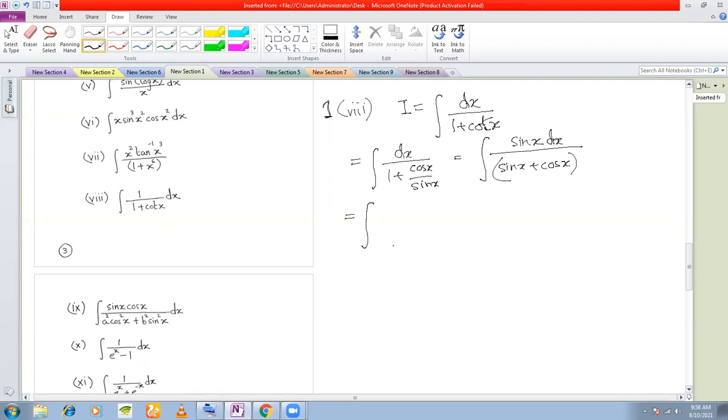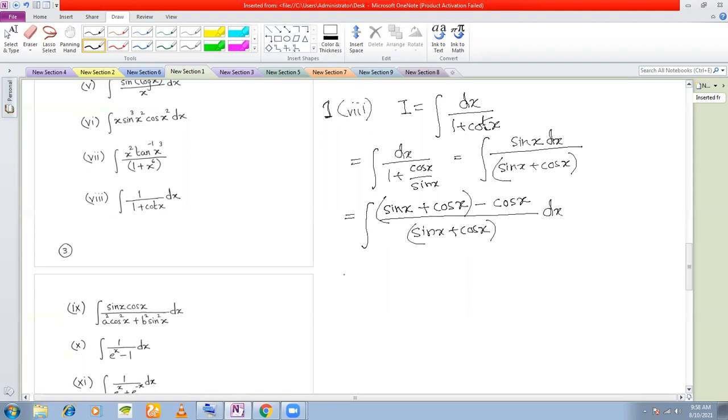So now see, in the denominator, I have sin x plus cos x. So what I try to do is I try to write the numerator in terms of the denominator. So sin x is already there, so I add cos x because I want to write the numerator in terms of the denominator. Once I have written sin x plus cos x, what is the extra thing that I have written here? I have written cos x extra. So I subtract cos x also. Okay, just let me write it this way. Sin x plus cos x